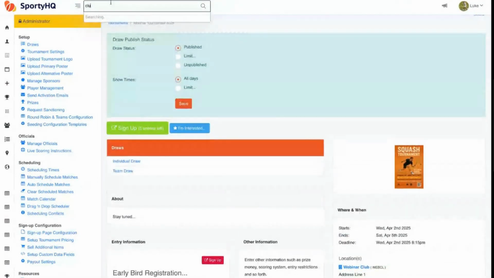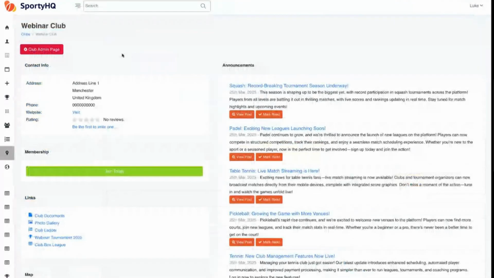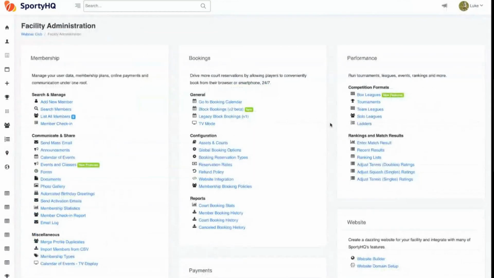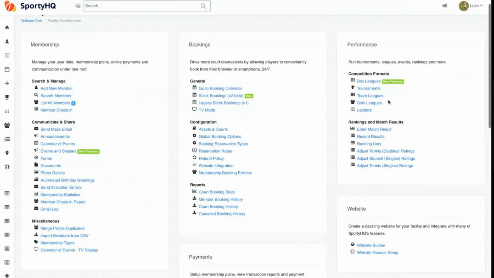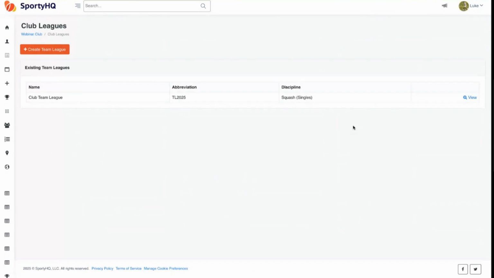So that's a very brief overlook at tournaments. And like I said, box leagues and tournaments are probably the two more popular formats that we operate at the club level. But we'll take a look at these other ones briefly here, just in case it makes more sense for your particular club. Team leagues, again, this is generally for organizations, because team leagues are essentially based on an